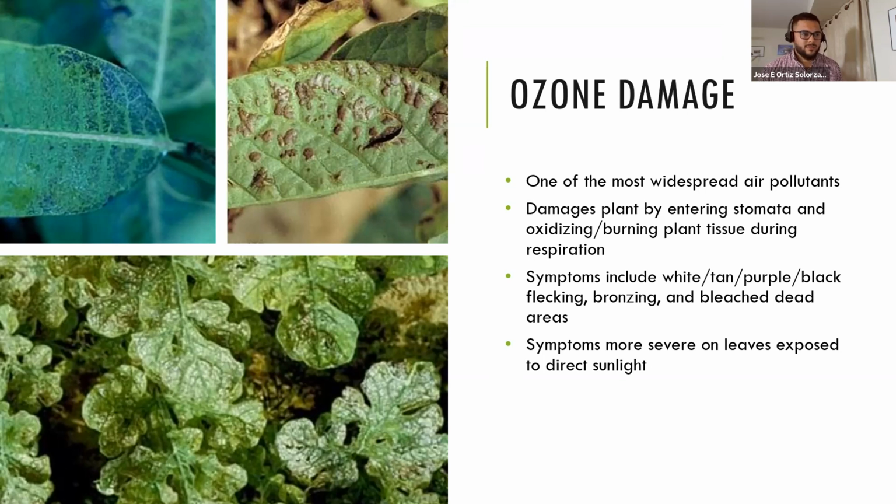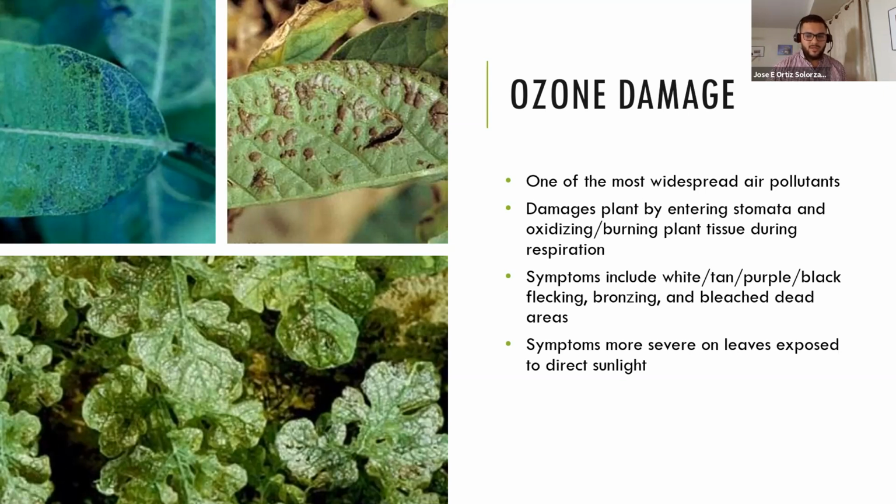How do you distinguish the effect of ozone from other types of diseases? So ozone damages the plant by entering the stomata. The stomata are the pore-like structures that the plants have on the leaves. The plant uses the stomata to do the interchange of gases, such as carbon dioxide and oxygen. But in this case, the ozone enters and damages those structures, causing the oxidation or burning of the plant